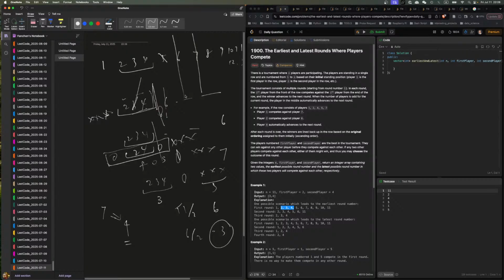So we need to find the number. Like if the remaining, right, the remaining is larger than twice of this, we cannot do much. But if the remaining is larger than twice of this,